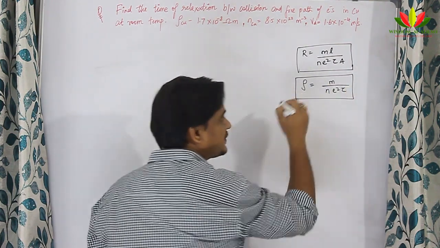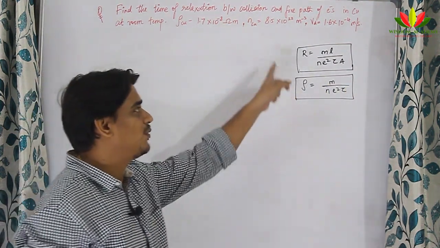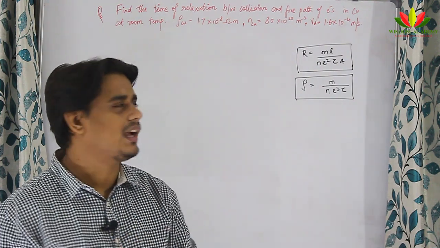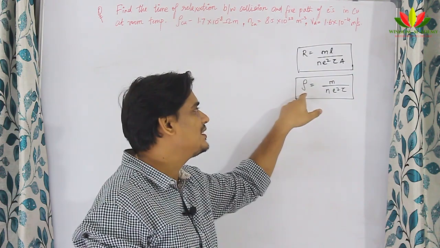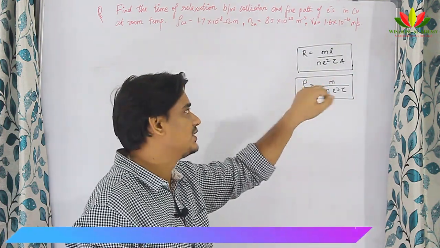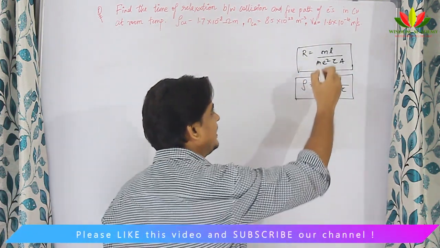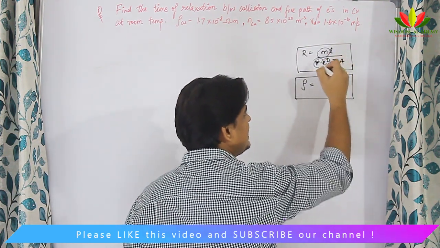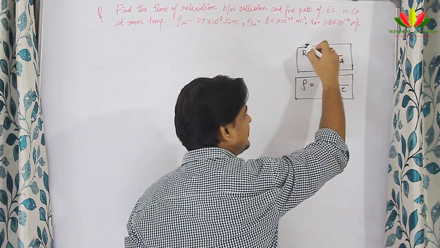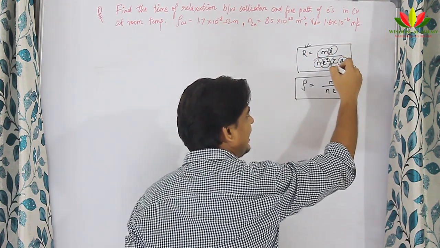So see the previous video if you have not seen, to understand how these two formulas have come. Then we came to know how resistance depends upon length and area of cross section, and why rho is independent of length and area of cross section. See, if mass, number density and e are constant, resistance depends upon length, area and tau.